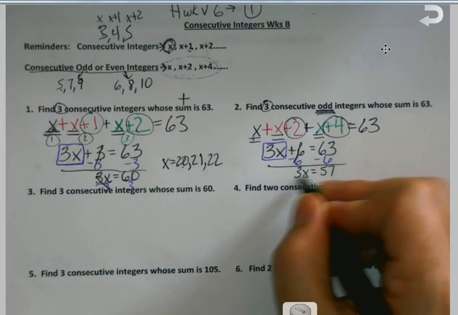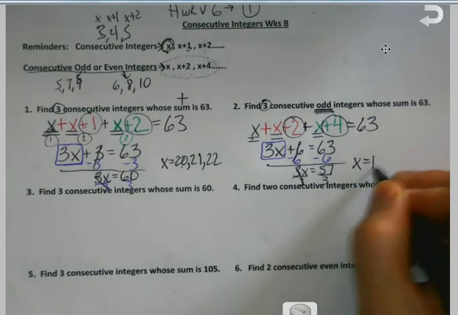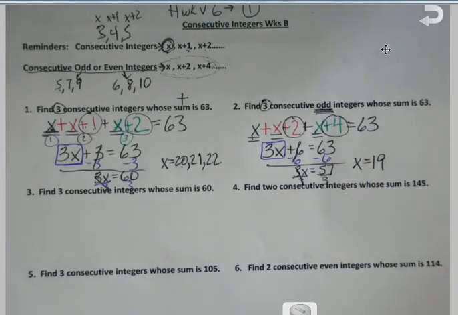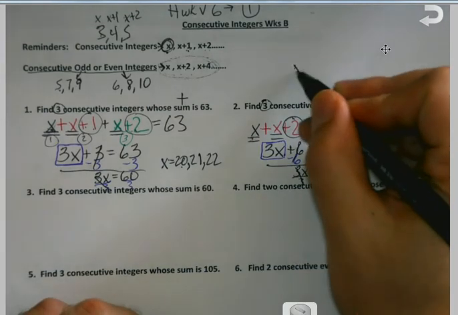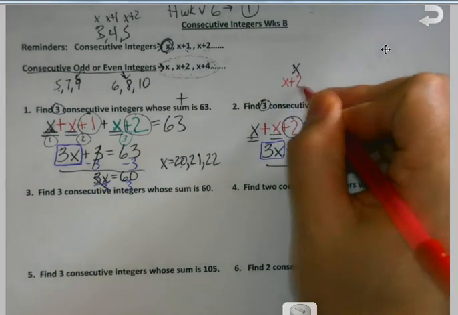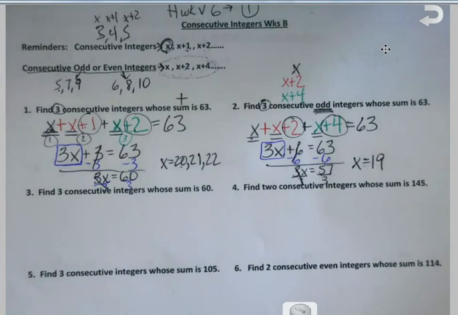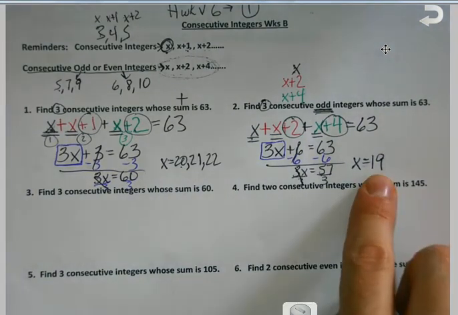And once I get that x by itself, let me try something here to see if this helps make a little more sense of it instead of just writing all the numbers down. When I'm looking for these, and I'm just going to rewrite what I did up here, I need 3 numbers. I need x. When I get done, I need what x plus 2 is. And I need to know what x plus 4 is. And I don't know that at the start. But now that I know what x is,